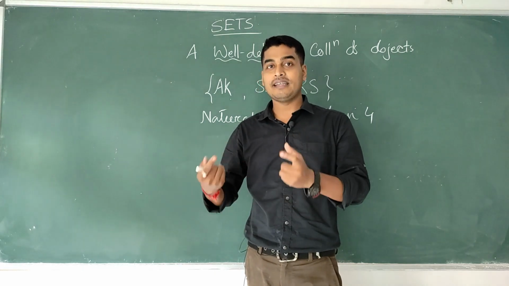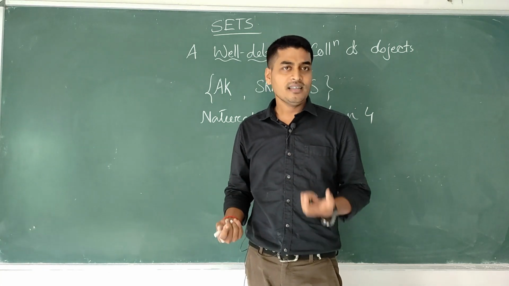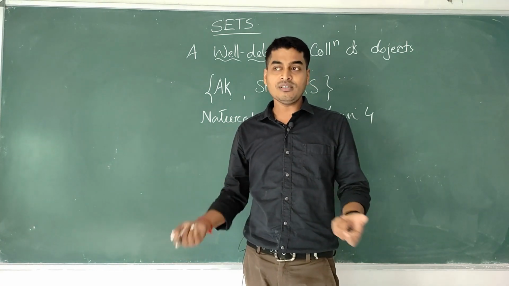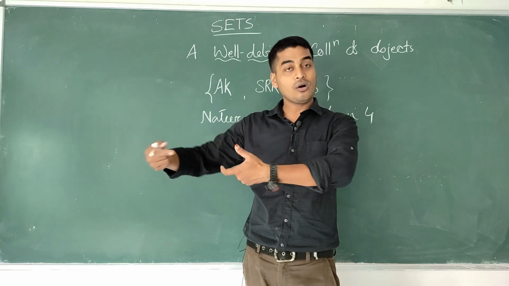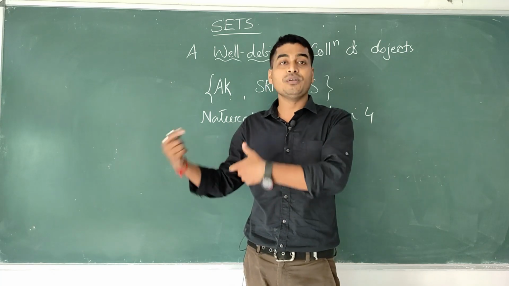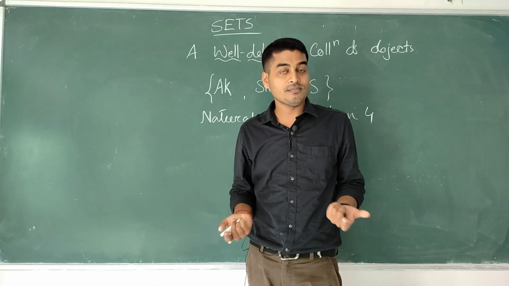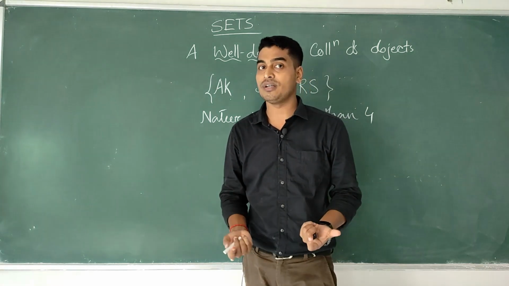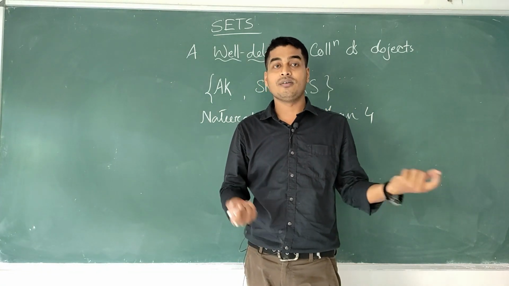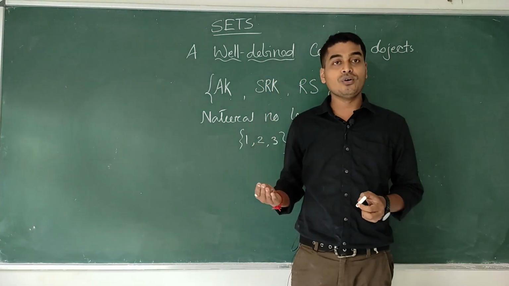good, bad, talented, worst. All those adjectives are not well defined. That means using these adjectives you cannot define a well defined collection, because the boy who is handsome according to someone may or may not be handsome according to another. Also, the girl who is beautiful according to me may not look beautiful to you. So beautiful varies from person to person. So a collection which contains this type of adjectives is not well defined, for example four beautiful